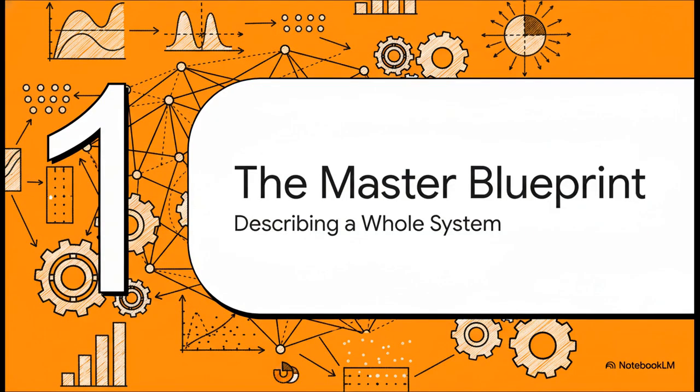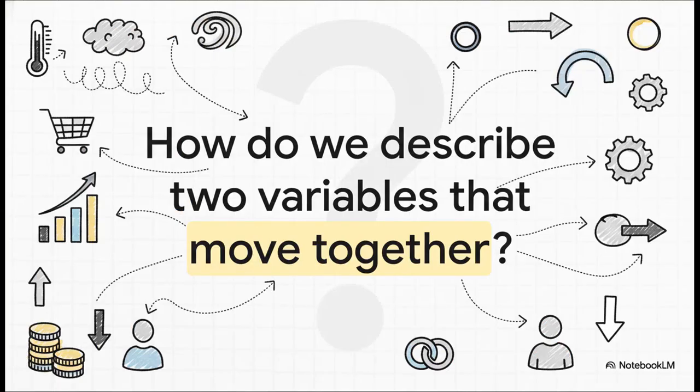Okay, part one, the master blueprint. This thing is all about tackling a really fundamental challenge you're going to face in pretty much any kind of data analysis. Think about it. Things in the real world are rarely isolated, right? The temperature and the humidity, how much you spend on ads and what your sales look like, inflation and unemployment, these things are connected. So the big question is, how do we create one single mathematical description that captures that